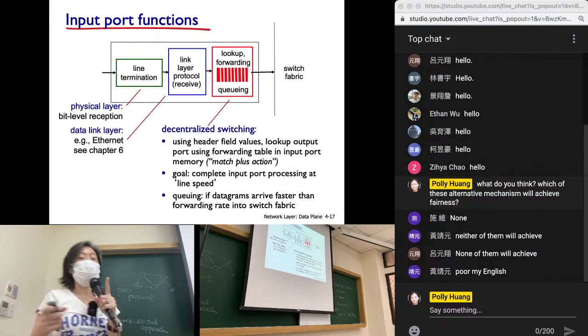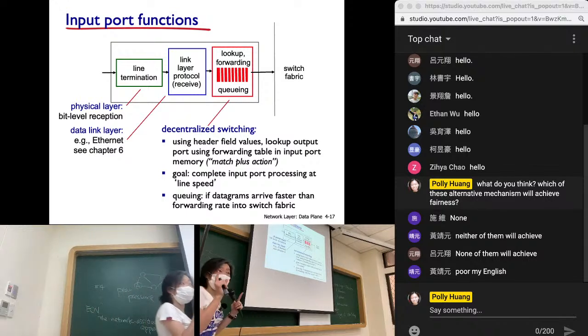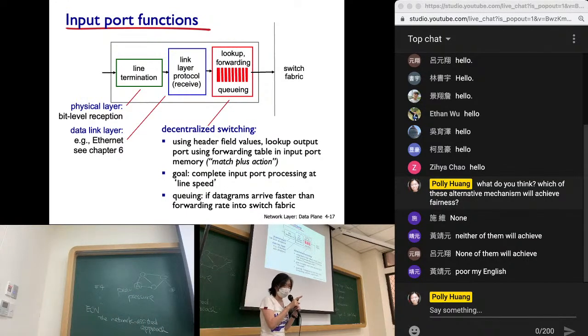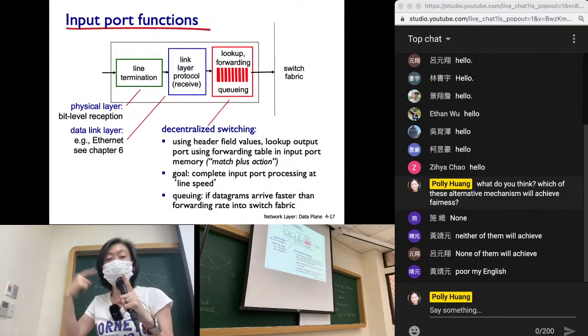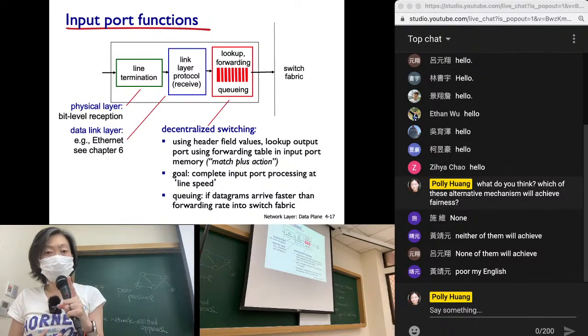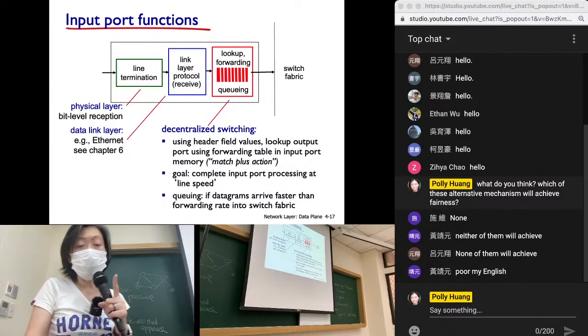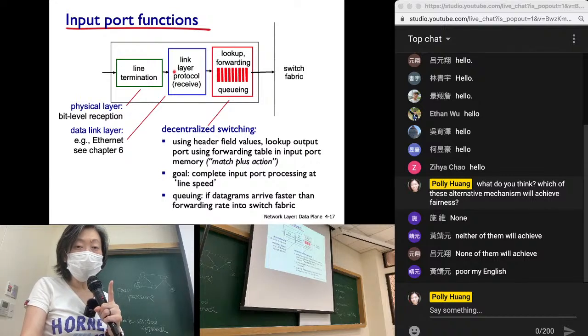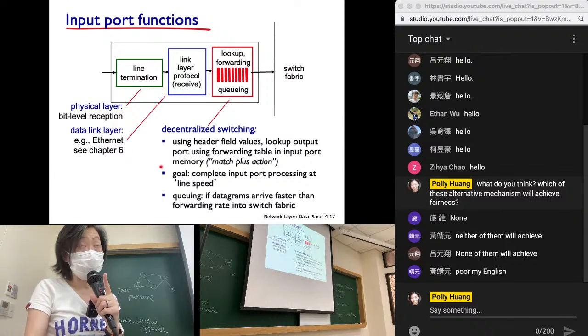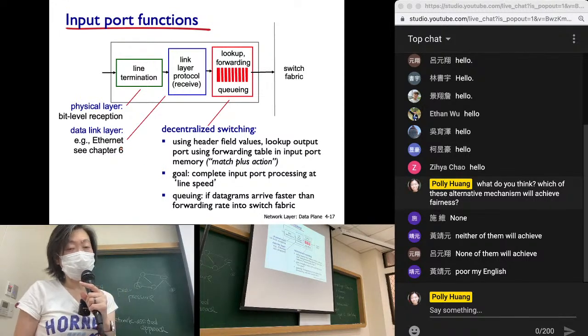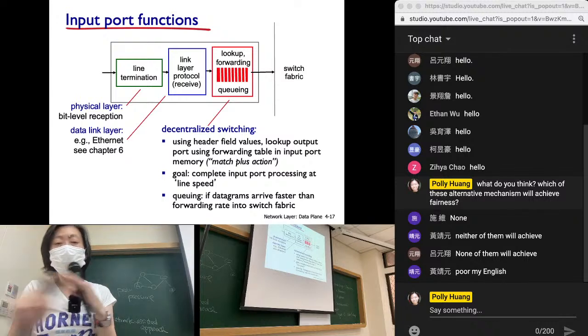Some of these link layer protocols would also do bit error checking, as well as recovering from bit errors. But those are in the data link layer protocols, which are even lower, below the network layer. For example, Ethernet or Wi-Fi, those are in Chapter 6,